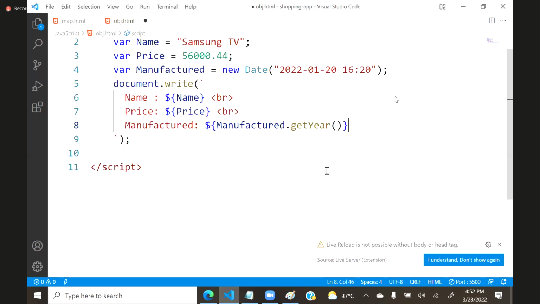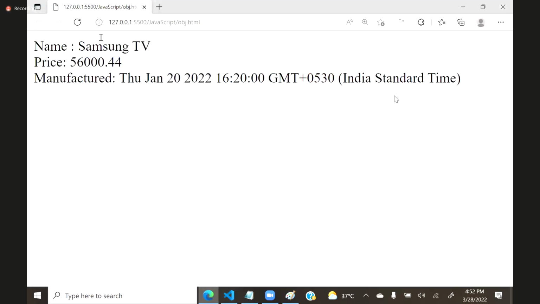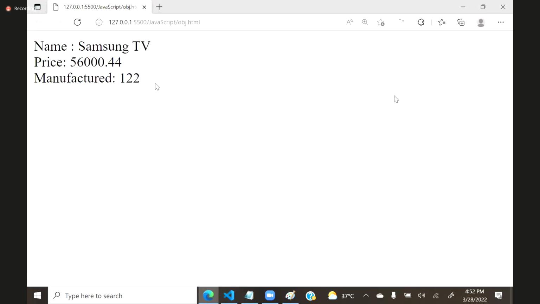I am using manufactured.getYear. getYear will return the year number, and you can see it returns 122, as per what we discussed. 100 is 2000, 101 is 2001, and 2022 means 122, because before that it was 99. That is the reason it's not good. It will work,